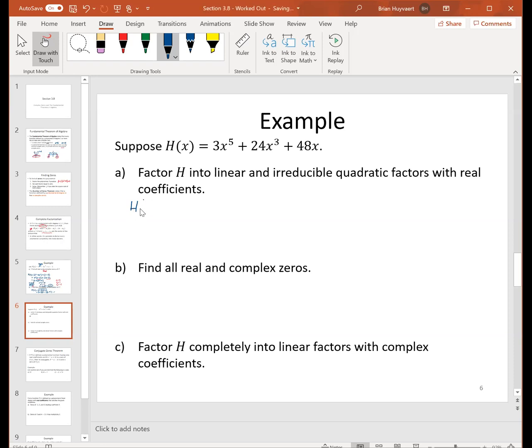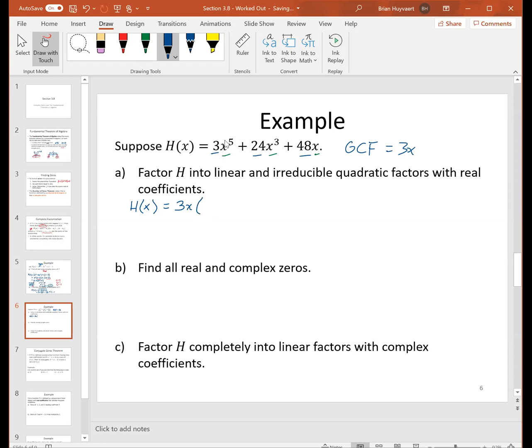Okay, so the first thing we're going to do for h of x is we're going to say, hey, wait a minute, I notice that 3, 24, and 48 are all divisible by 3. So let's factor out that. That's our GCF, right? So our GCF is 3. But hold on, we also have x to the 5th, x cubed, and x. Those all have an x in them. So really our GCF is going to include x as well, right? We could factor that out. And if ever you can do this, absolutely do,